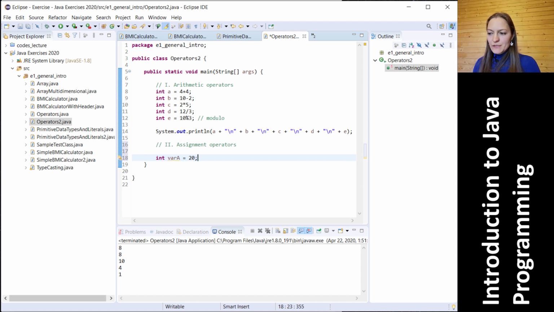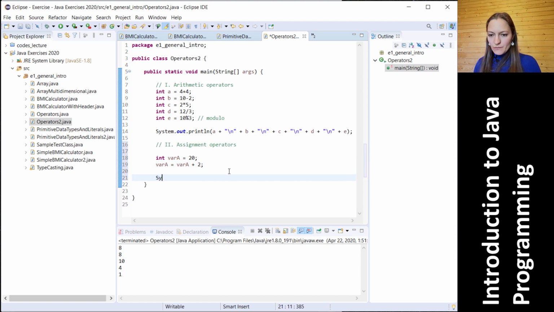The assignment operators provide us the possibility to shortcut some specific operators. The very first operator is of course assignment itself, and the next thing we can do is add. If we would like to add, let us say, 2 to our variable a, the very first option would be variable a equals variable a plus 2,